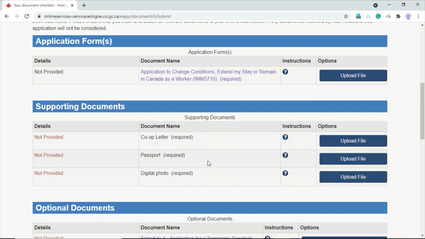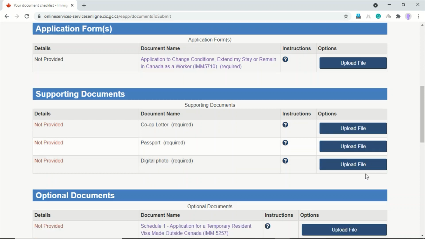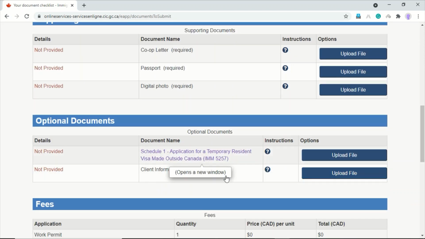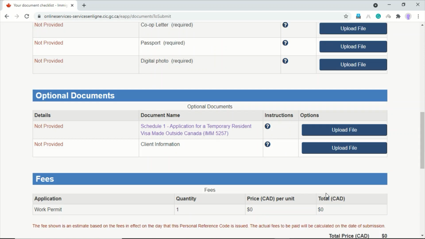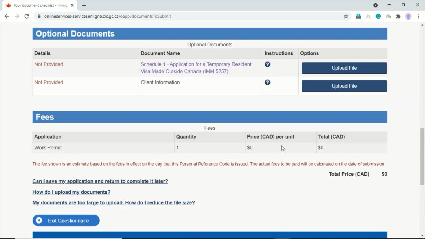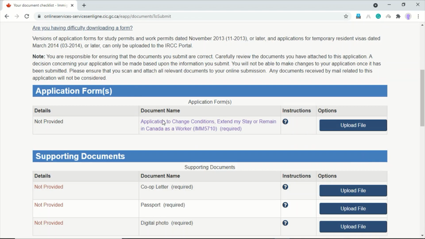You have to upload your passport and your digital photo. You don't need to submit all this other information, that's not required at all. And for co-op they don't charge any fees, so the fee is 0. So now we will see how we are going to fill this form.